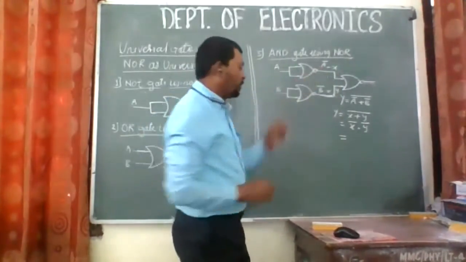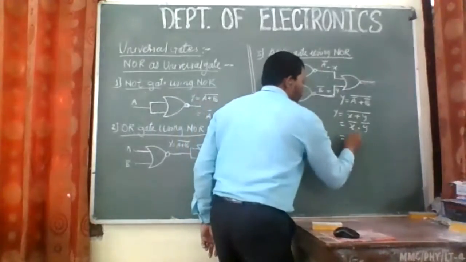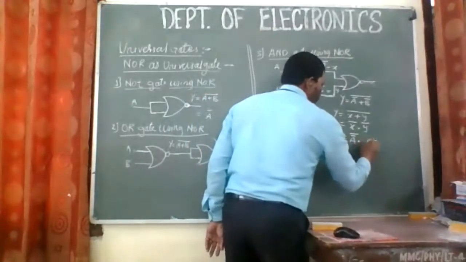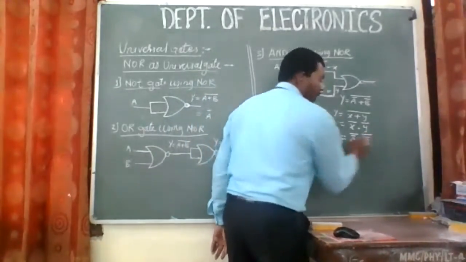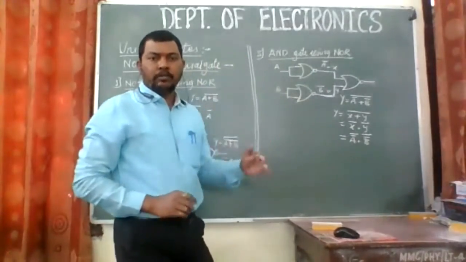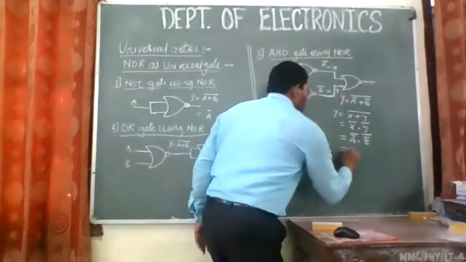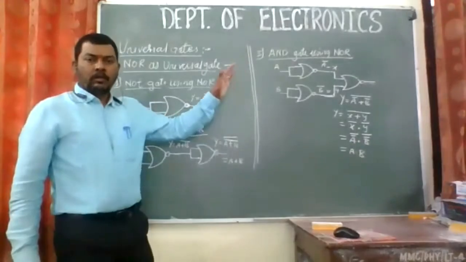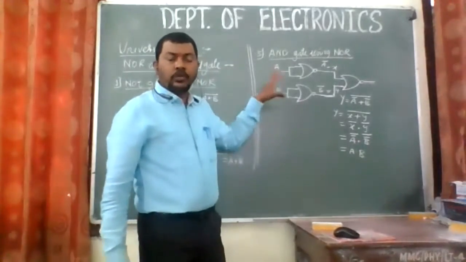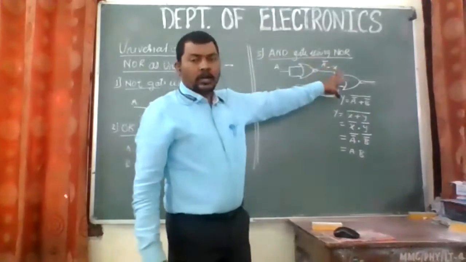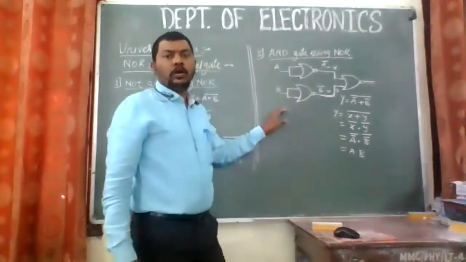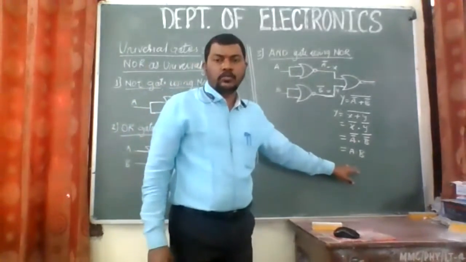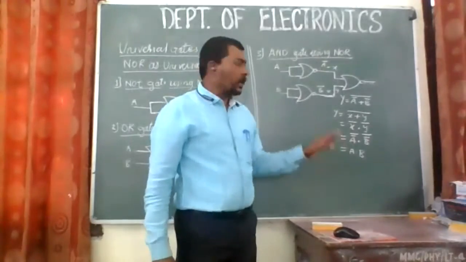X is equal to A complement, so I have A complement complement, dot, sorry, B complement and another complement over there. So complement and complement get cancelled and we get A dot B. Now this is the equation of the AND gate. Have you understood how I have done this? We have used two NOT gates before a NOR gate, and it gives this equation of the AND gate, A dot B, right?